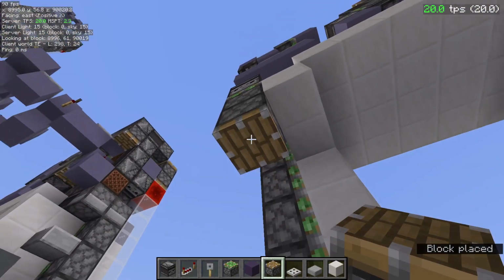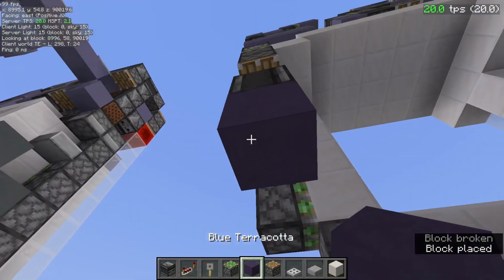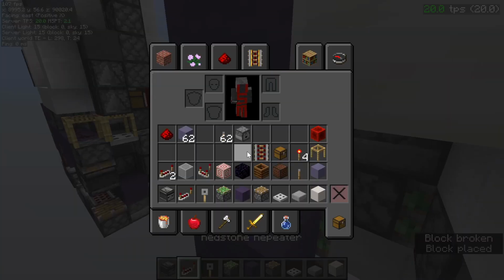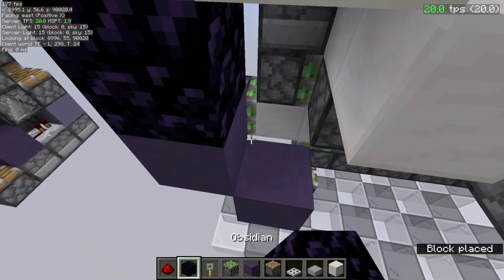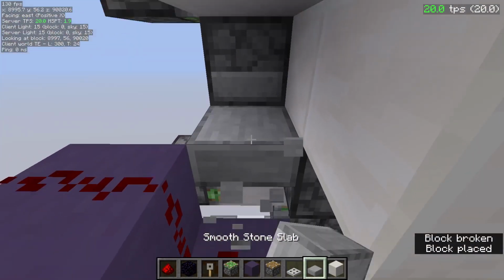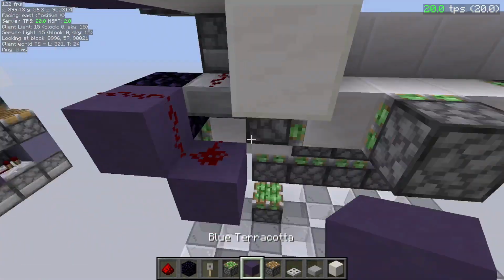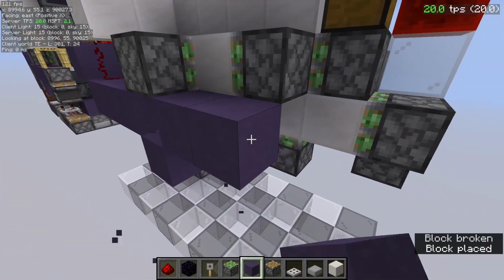So we place a piston right there, and then another observer right here with a block, and then this will be like this, so this needs to go down right there with redstone dust. We need that redstone dust right here, and then a slab right here. We don't place a hopper right here, that's fine, because we can place an obsidian right here, so that's kind of convenient. That's going to be that, and then right here you just want to do something like this, and